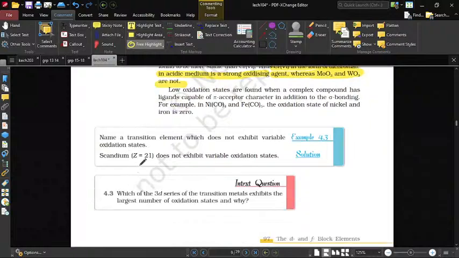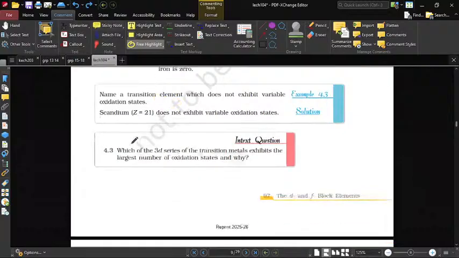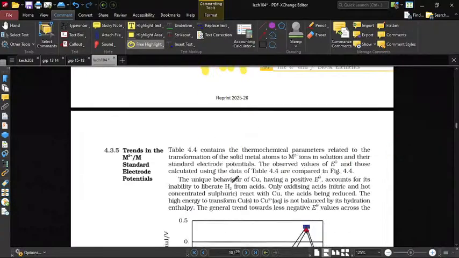Name a transition element which does not exhibit variable oxidation state. Zinc. Which of the 3d transition elements exhibits the largest number of oxidation states? Answer is Mn, क्योंकि इसके पास सबसे ज़्यादा इलेक्ट्रॉन होते हैं इधर-उधर करने के लिए।